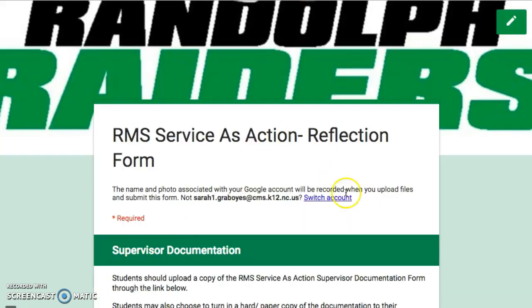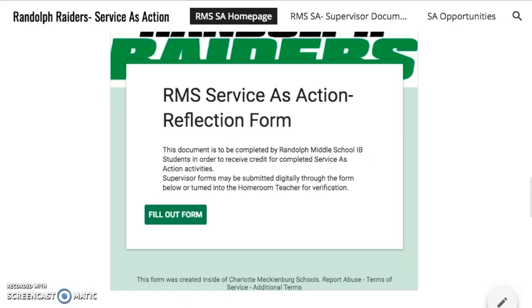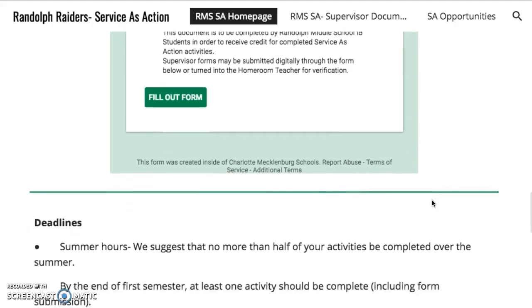You would then submit, and on this final page, you can upload the supervisor documentation form. This document is very much focused on you handing it to your supervisor during your action, having them complete it maybe after. You can actually take a picture of this on your phone and then add it directly from your phone, or you can upload into Google and link it that way. So it's all digital. If you're unable to access a camera, which you can use on your Chromebook in order to upload it, or on your phone or at home, they can be handed over to your homeroom teacher. Once I'm done, I'd hit submit. So that's very simply how we're going to upload all of our information.